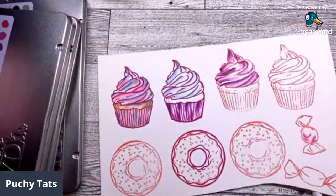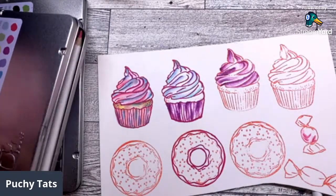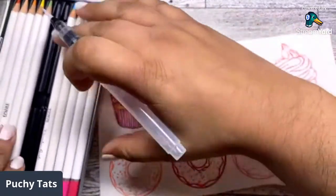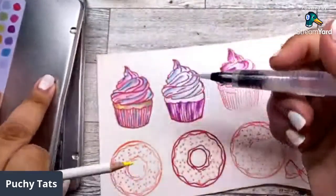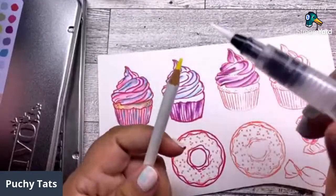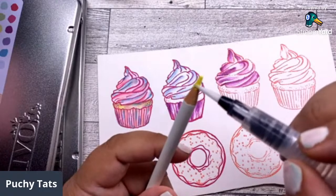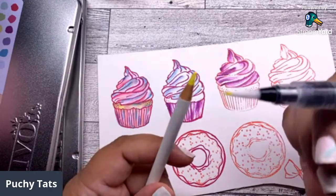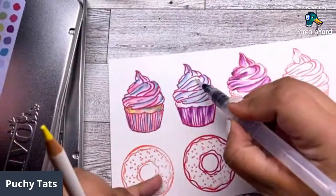So another technique that I want to share with you guys is that you can pull the pigment off of the pencil with your brush. Now with this, you want to be careful because a little bit goes a long way. So I'm putting a lot on here. It's going to be really pigmented. Like you see that paint is on there. And then you can just paint directly